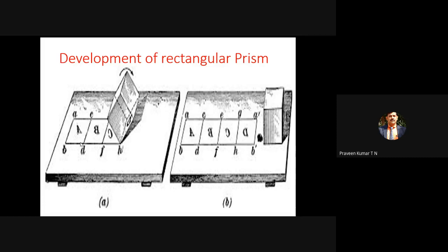We have length as well as width. Opening of it is almost like the opening of a bed. Imagine it is a bed or mat. Initially it is cylindrical in nature. Once it is open, it will become the rectangle. The same thing is shown here. We have a rectangular prism. We cut along one particular longer edge and you are opening it. Once it is open, for the rectangle there are 4 lateral faces.